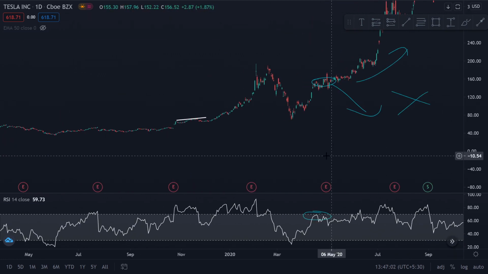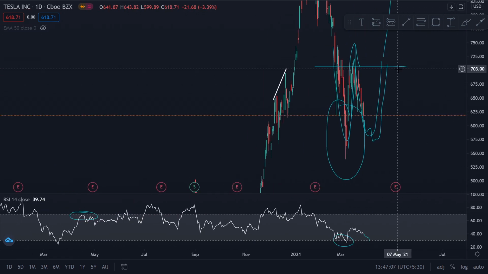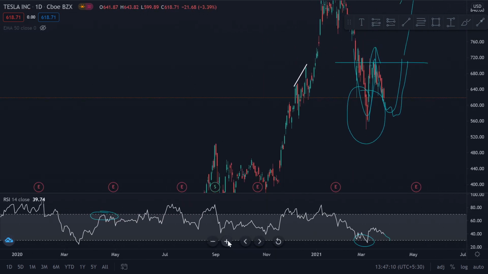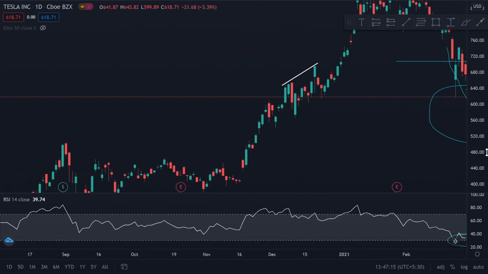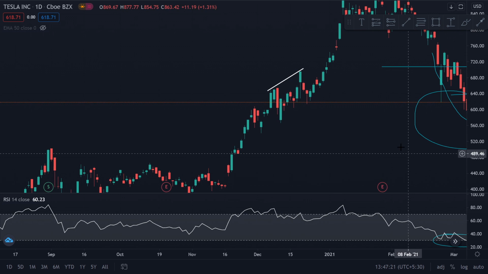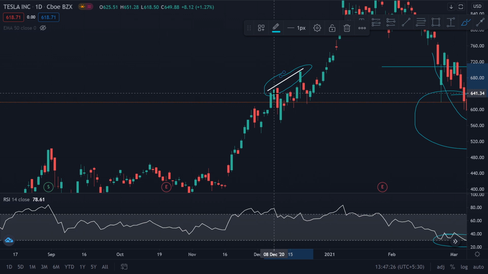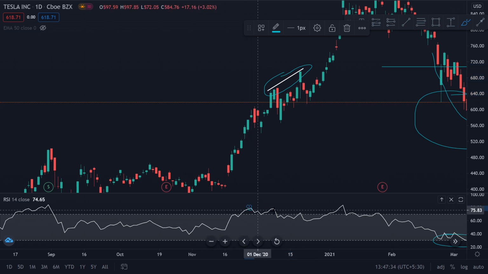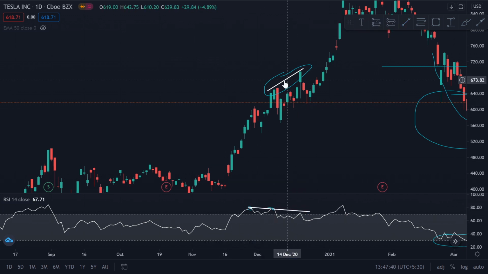So let me give you a few examples of RSI in this Tesla chart itself. I've spotted a couple of examples. Obviously I told you not to go for bearish signals for a high momentum stock, but this is just to show you an example. Here the stock has made higher highs. This is one higher high and this is the second higher high, so uptrend obviously. But if you see the RSI, this is the first peak and this is the second peak, right? So the RSI is coming down whereas the stock is going up.